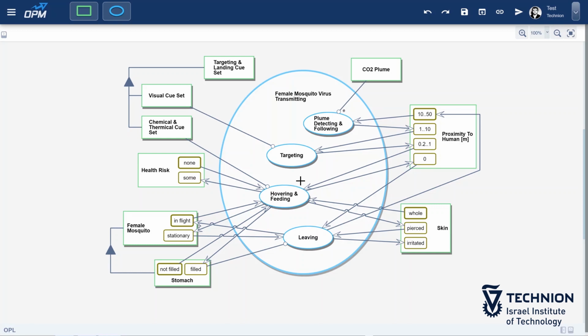Many input-output link pairs cross each other, making it hard to read and follow. We can have multiple representations of the same object or process in an OPD. These things will be marked as duplicates in the OPD, so the viewer will know they are in fact the same thing. Let us do this.